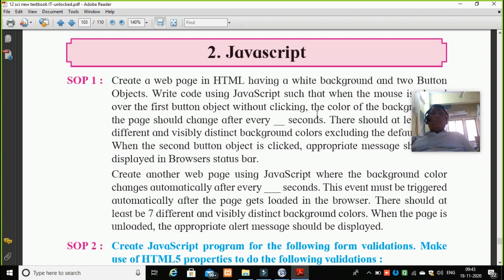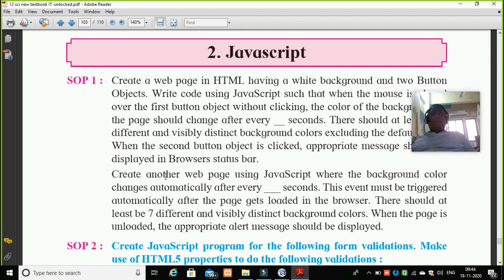Now, students, in this series, this SOP1 contains one more practical which is over here. When a board examination is conducted, you are supposed to write the code for both of these practicals without seeing the journal. And seeing your accuracy, the teacher is going to give you the marks. So let us understand how we can create another web page.